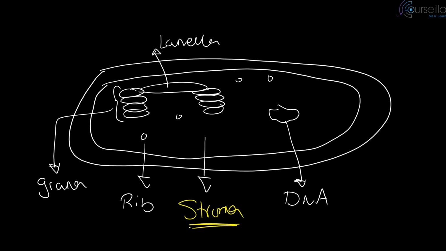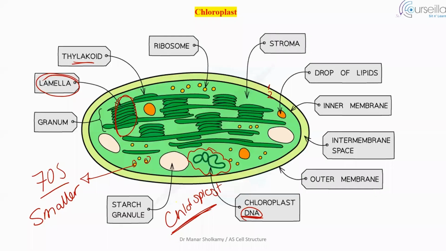The light-dependent reactions take place in the grana and the thylakoids, because photosynthesis is divided into the light-dependent and the light-independent, in case you're asked. The light-dependent takes place in the thylakoids and the light-independent takes place in the stroma. Okay, so we're done with the mitochondria and the